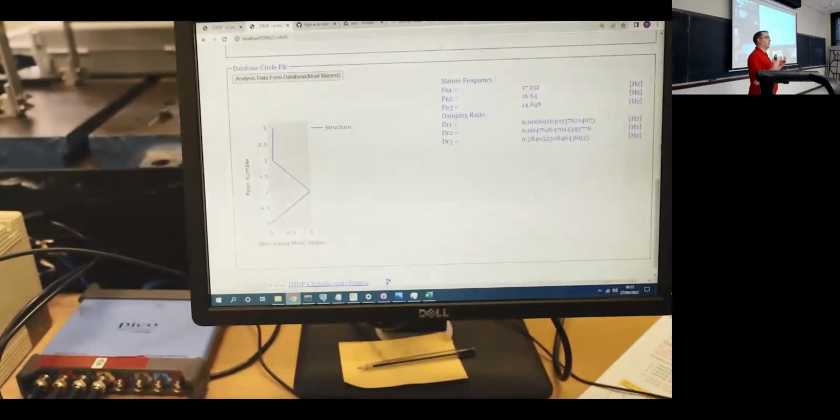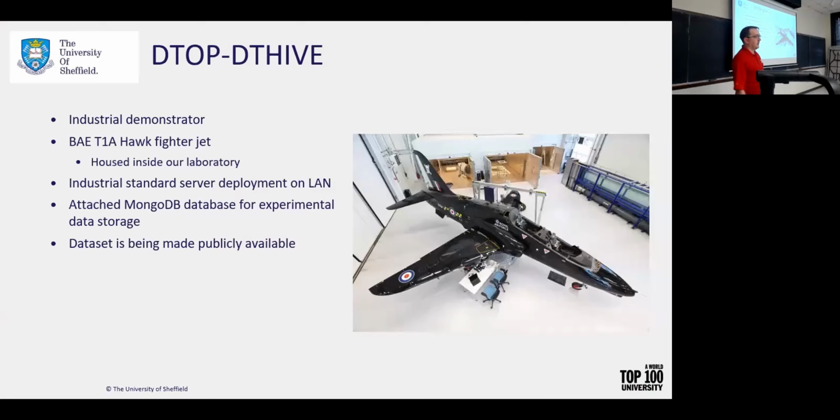And we can do that both locally on the machine, or we can do it on our phone. And one of the cool things is when it's on the phone, your phone is not doing the computation, the server is. So that you can do it on any lightweight device. And so you don't have to worry about, okay, I'm going to do this on my phone, and then I can't use my phone for an hour. It's all done on the server side. So that's our simple demonstrator, a very academic lab system.